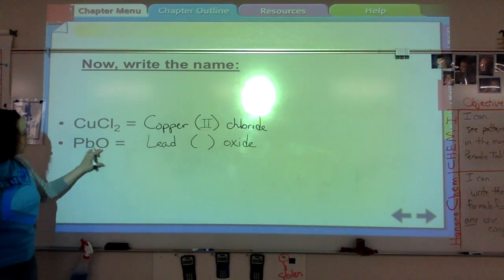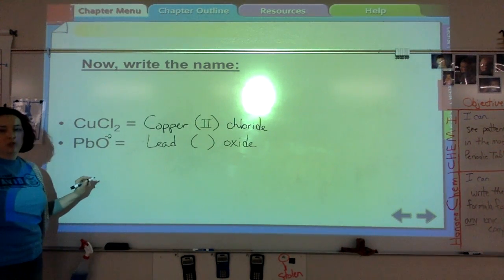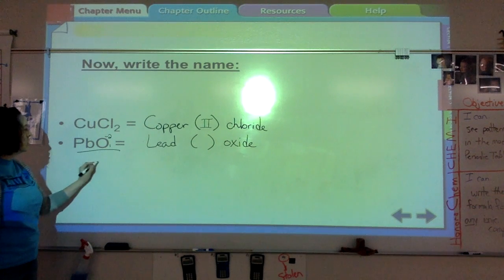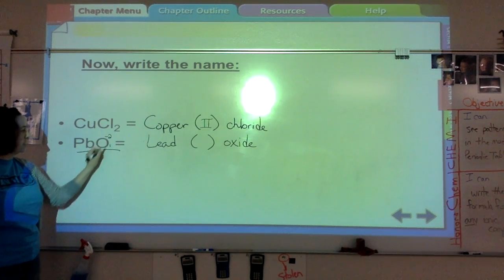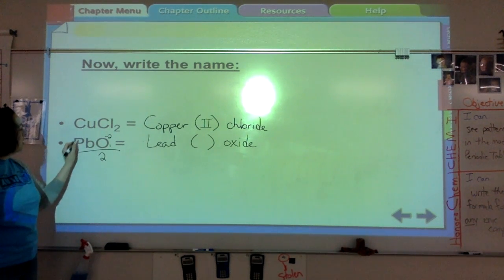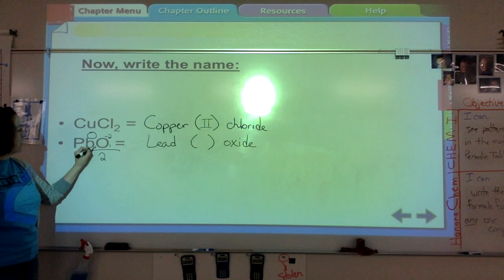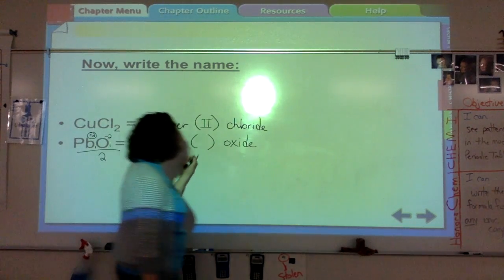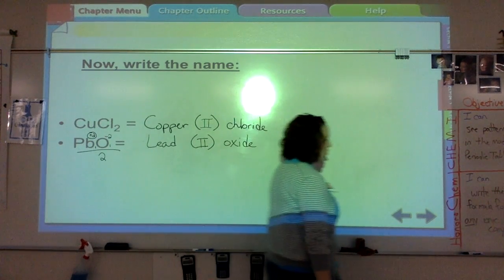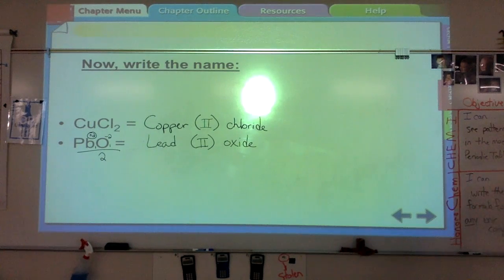Oxygen always has a negative 2 charge, and we have 1 of them. So our least common multiple, if we multiply these, is 2. We have 1 lead, so what would the charge be if we multiply it by 1 to get the least common multiple of 2? It would be a positive 2. So our Roman numeral is a 2. So the name is lead 2